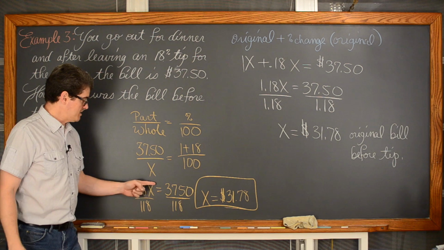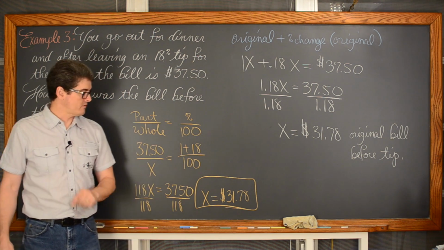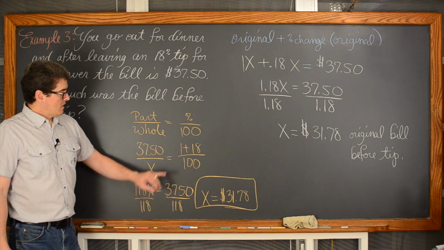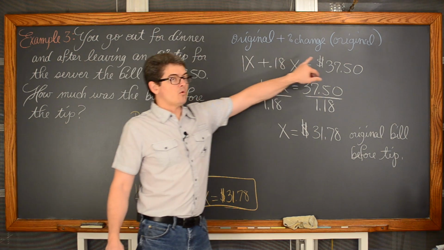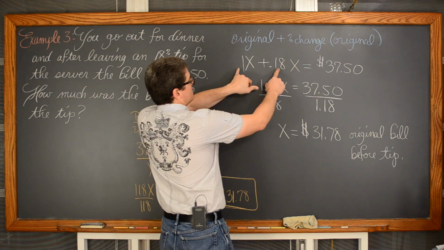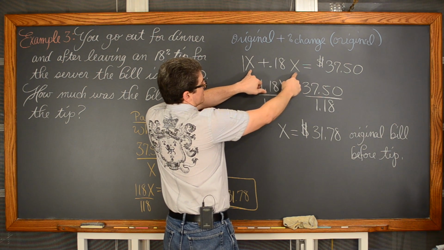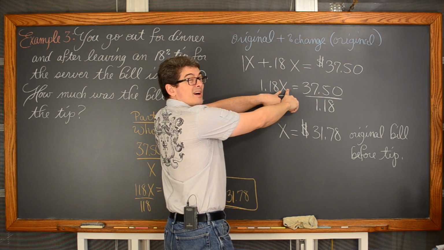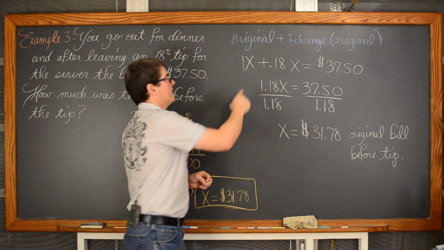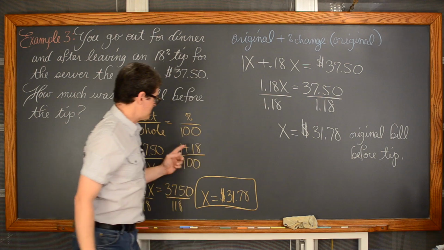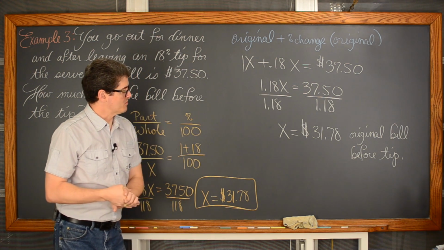Cross multiply, get 118x is equal to 3,750. You divide by 118 and you get 31.78. We had that same 1 plus 18% in our equation. It was the coefficient of our unknown original value in each of these two terms. They had this, again, like terms, so we just sort of undistributed the x, if you will, if your teacher's saying it that way, as far as when you add like terms, I'm just adding the coefficients. So I had that same 1 plus, in this case, 0.18 because my percents were in terms of decimals.